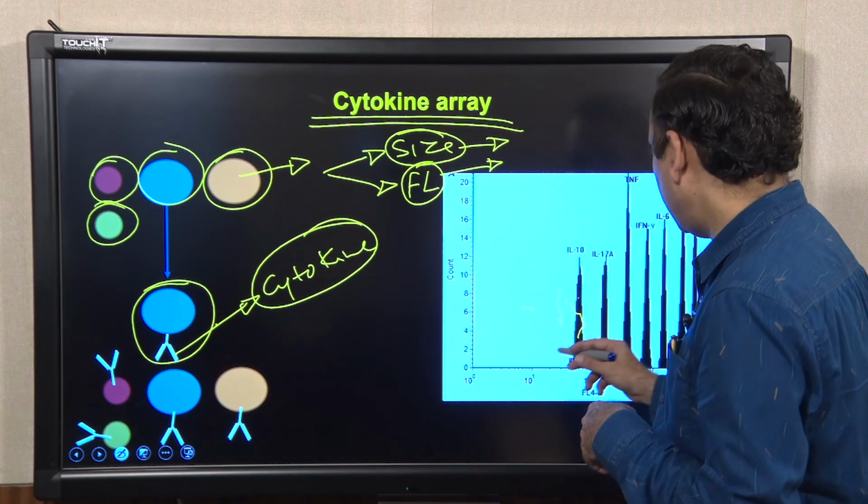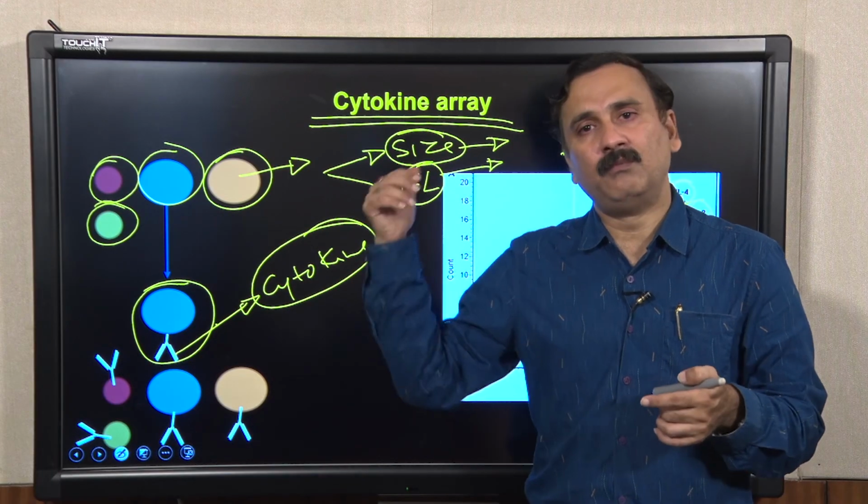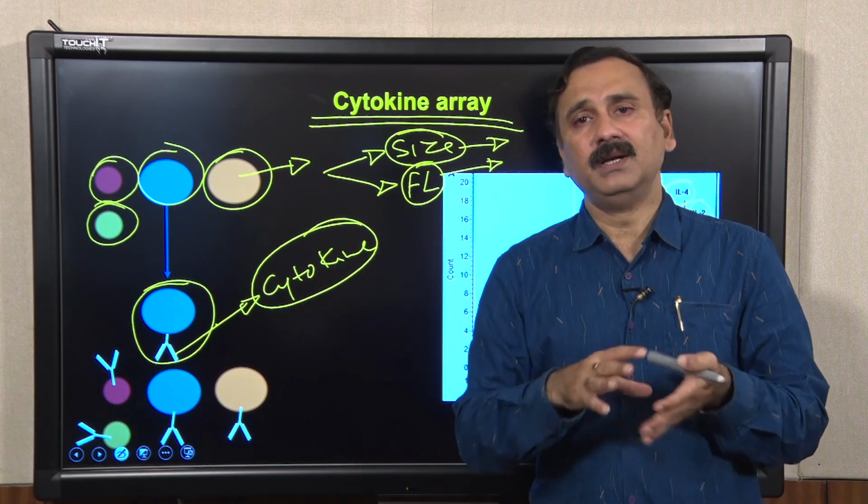As you can see here, this is one bead which is going to give you a histogram, and that corresponds to IL-10. Similarly, you have the beads corresponding to IL-17, then these are the beads for TNF alpha. Because they make individual histograms, you can very precisely say what the level of TNF alpha is, what the level of IL-16 is and all that. So, you have the flexibility of measuring all the cytokines in a given sample in a single shot, both for the control as well as for the treated samples.